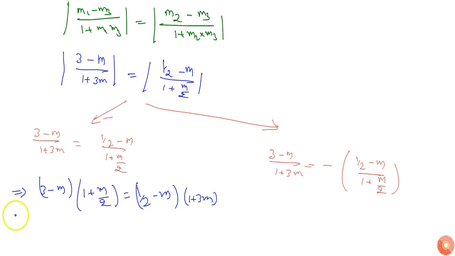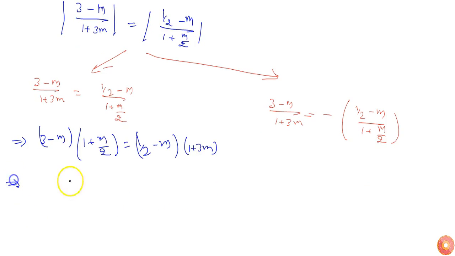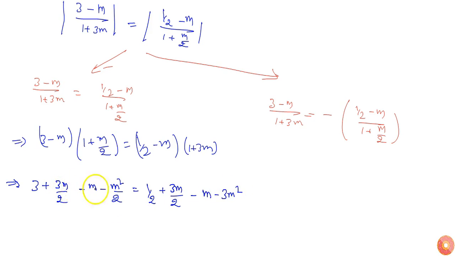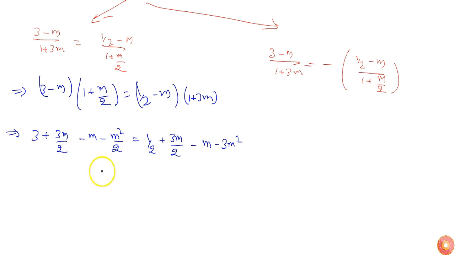If I solve this, I'll get 3 plus 3m by 2 minus m square by 2 equals 1 by 2 plus 3m by 2 minus m minus 3m square. If I solve this expression, I'll get 3 minus 1 by 2, which is 5 by 2, equals